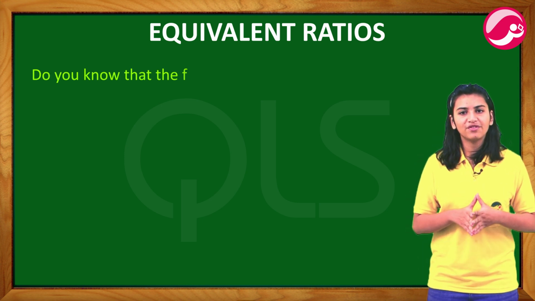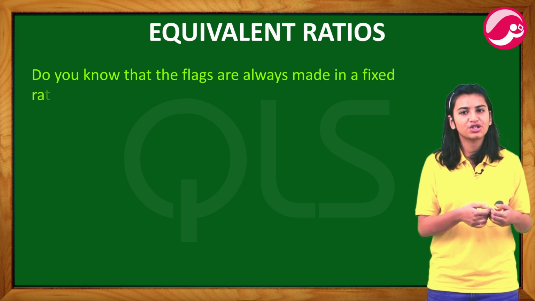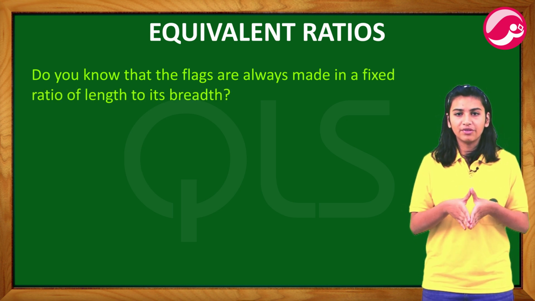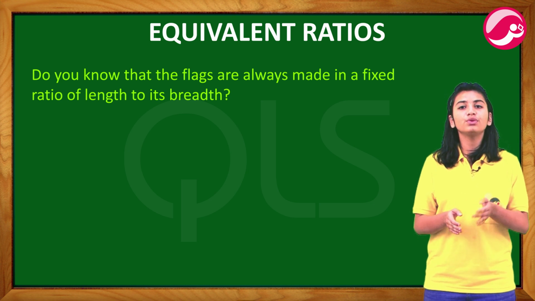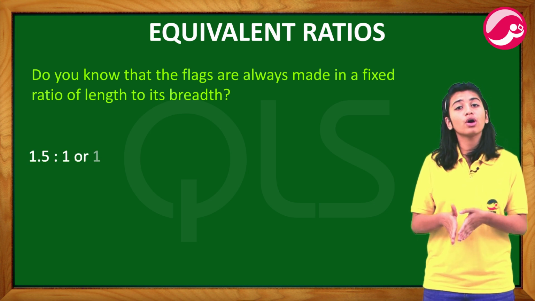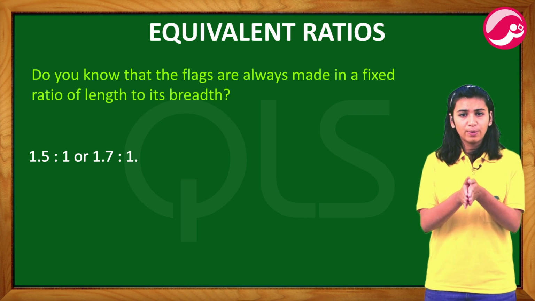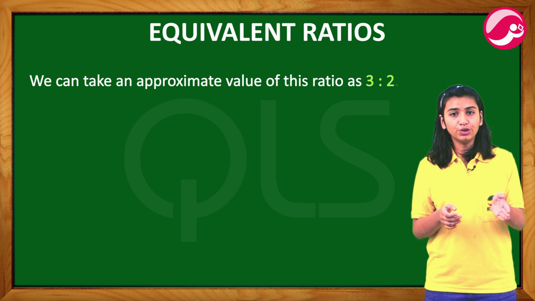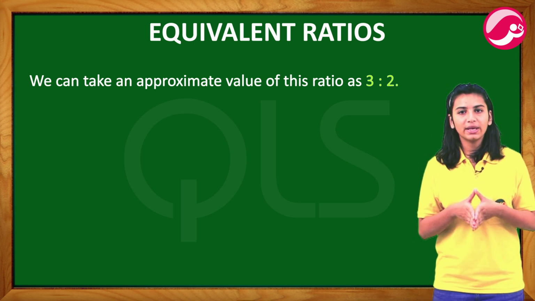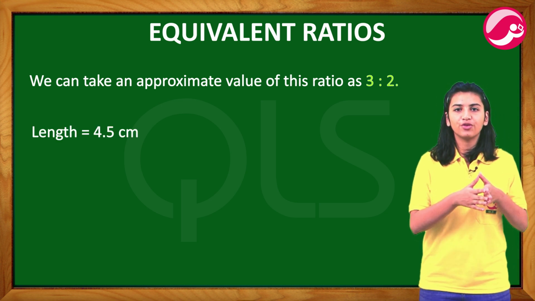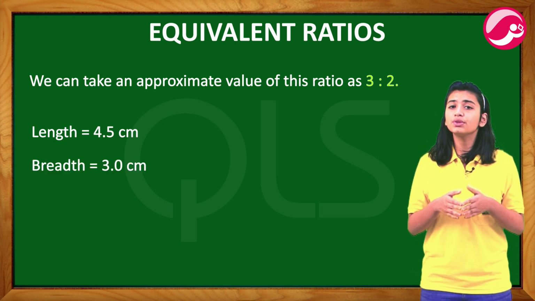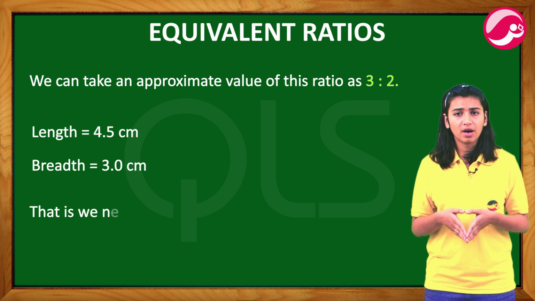Do you know that the flags are always made in a fixed ratio of length to its breadth? These may be different for different countries, but mostly they are around 1.5:1 or 1.7:1. We can take the approximate value of these ratios as 3:2. Now we can say whether a card with length 4.5 cm and breadth 3 cm is near to this ratio. That is, we need to ask, is